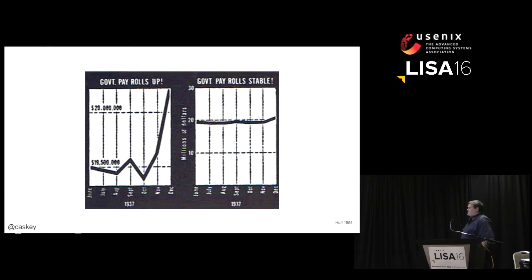On the left, government payrolls are spiking through the roof. And on the right, government payrolls aren't doing anything, right? This is back in the 50s, and $20 million was the government payroll. So the example on the left, one could say, is more fairly banked to the 45 because it's using the full range, but he's also using something called a hidden baseline, where the 0 of the scale is way off the bottom of the screen.